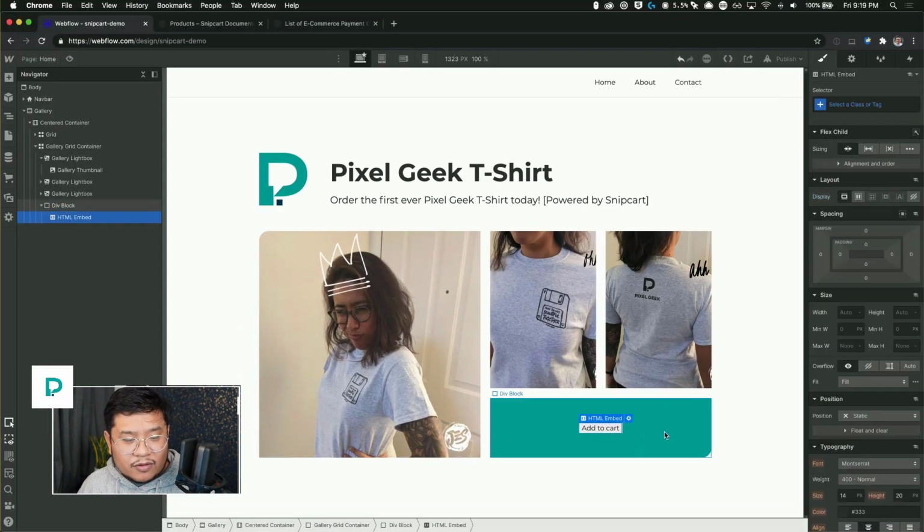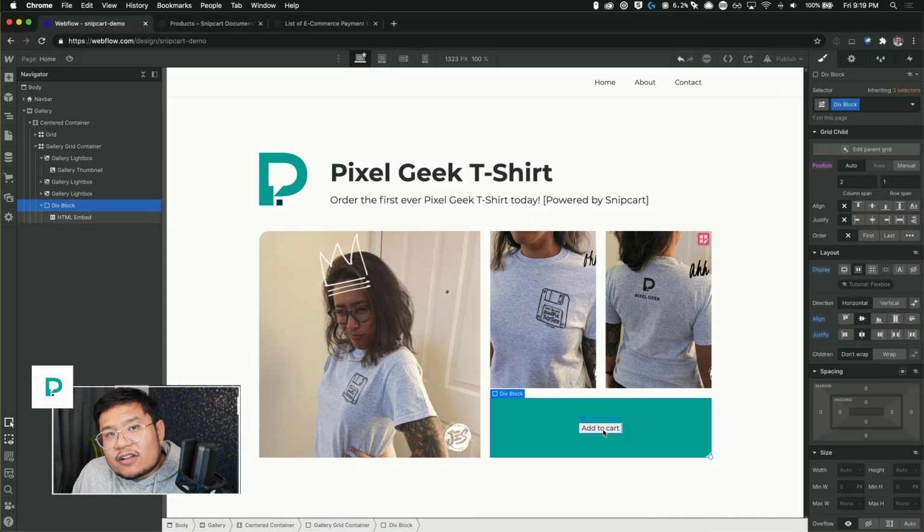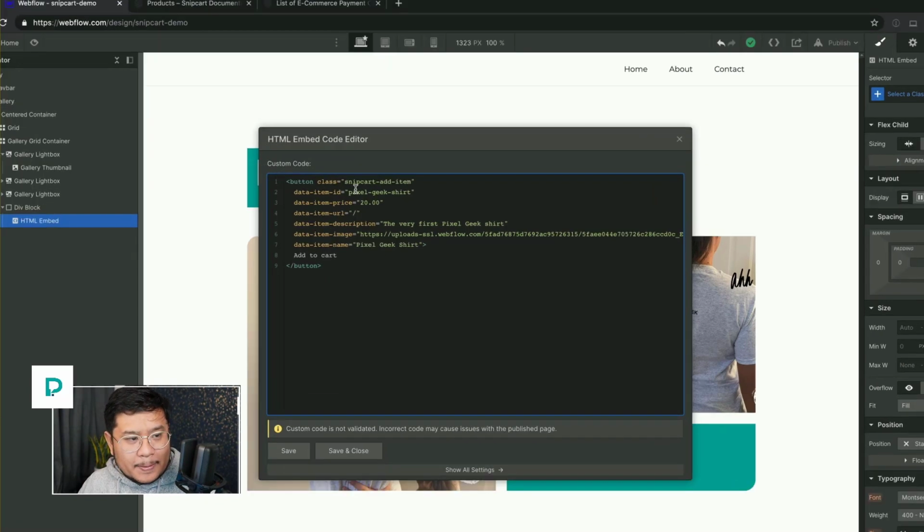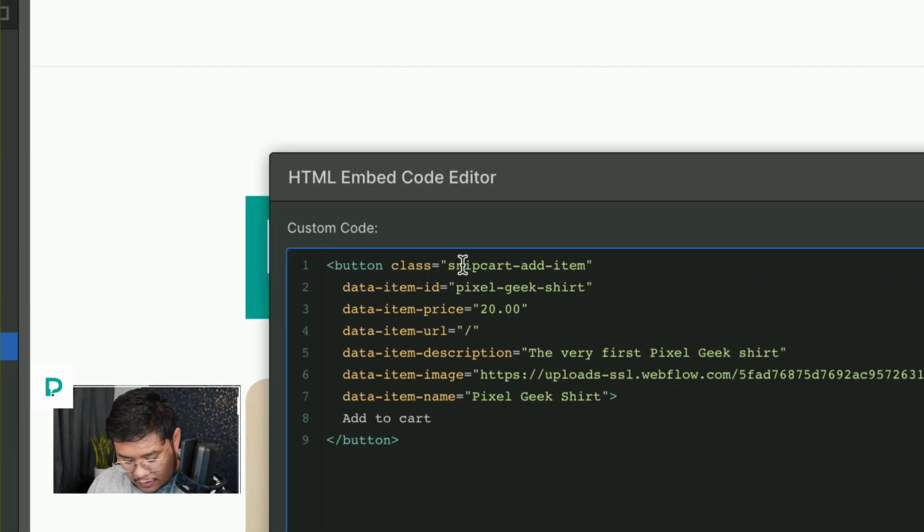All right. But notice how this button doesn't really feel like a button. We need to make it stand out more. So I'm going to double click, and let's give this a class of add to cart button.